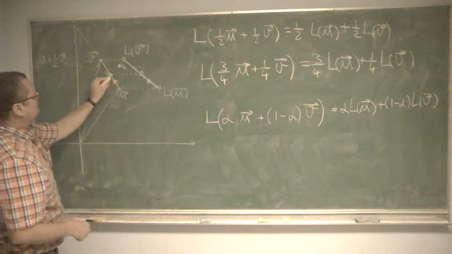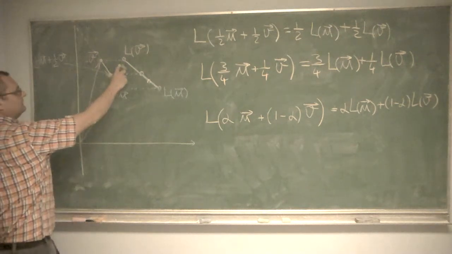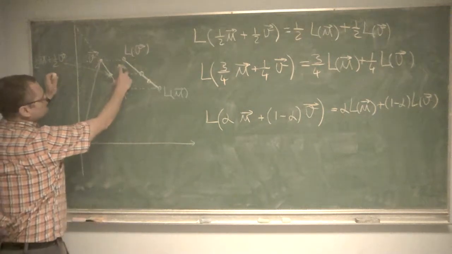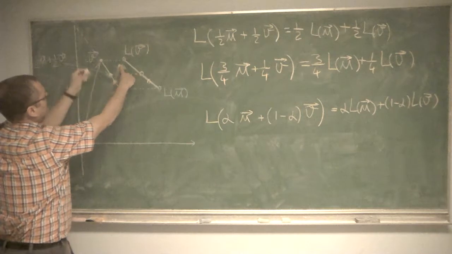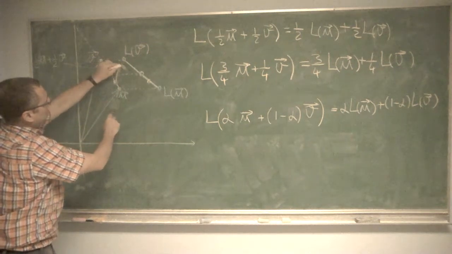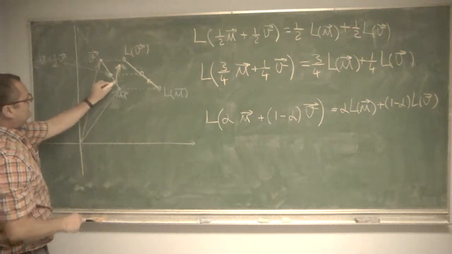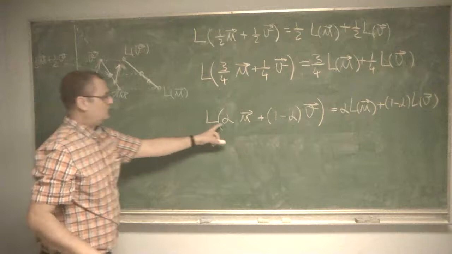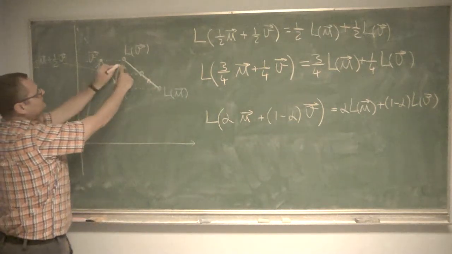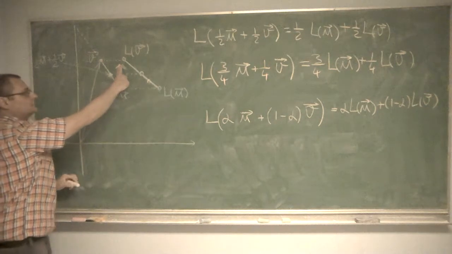So from here to here, and add this little vector here. And the way I choose this point is so that this vector here is parallel to V, okay? And so this point will be of this kind, and then I add a vector that is parallel to V,